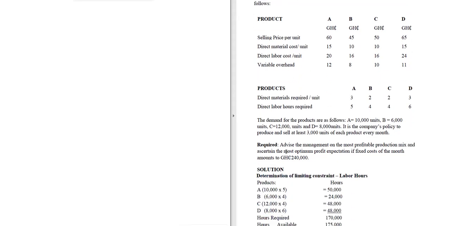Now it is telling us to advise management of the most profitable production mix, which is your profit maximizing output, right? And ascertain the most optimum profit expectation if the fixed cost of the month amounts to 240,000 Ghana cedis. So with this scenario, the same way, you identify the limiting factor. And when it comes like this is where students have a problem. So let's first see,